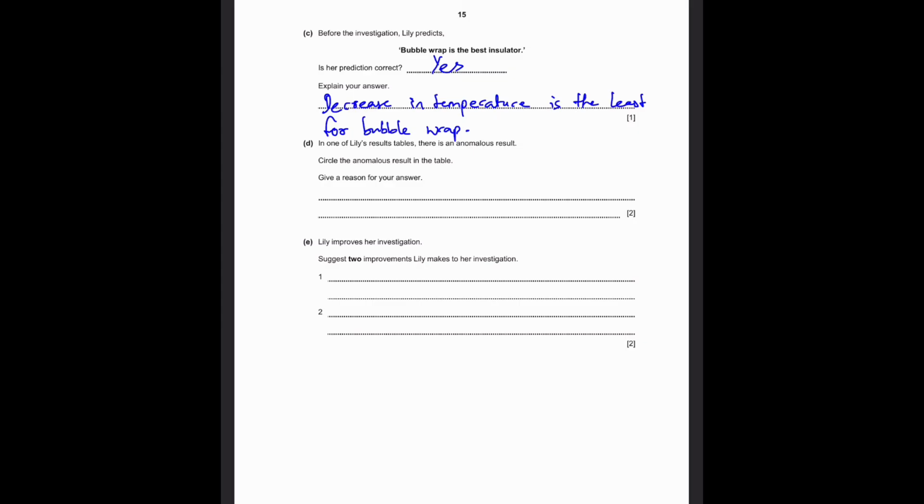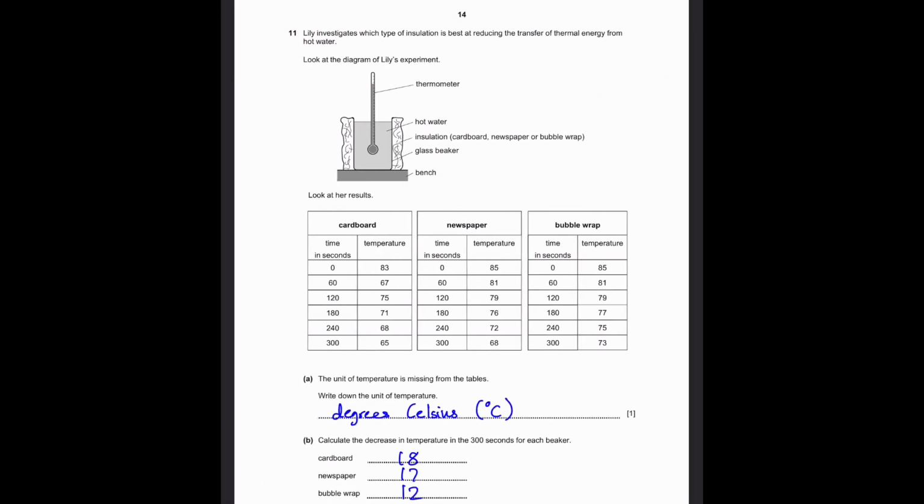Part D. In one of Lily's results tables, there's an anomalous result. Circle the anomalous result in the table, give a reason for your answer. Let's go back and look at the tables. You might have noticed this at the start of the question, even before I started part A, but now we are anyway supposed to identify. Circle this, which is over here, temperature 67, and to explain our answer, we can see that the temperature has